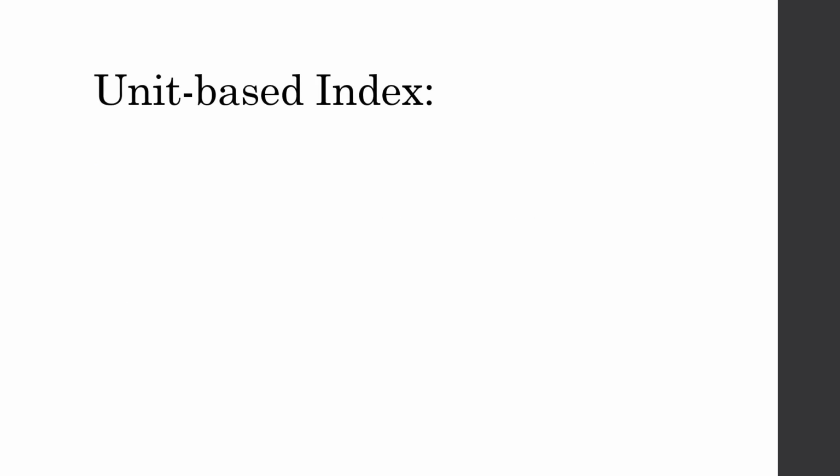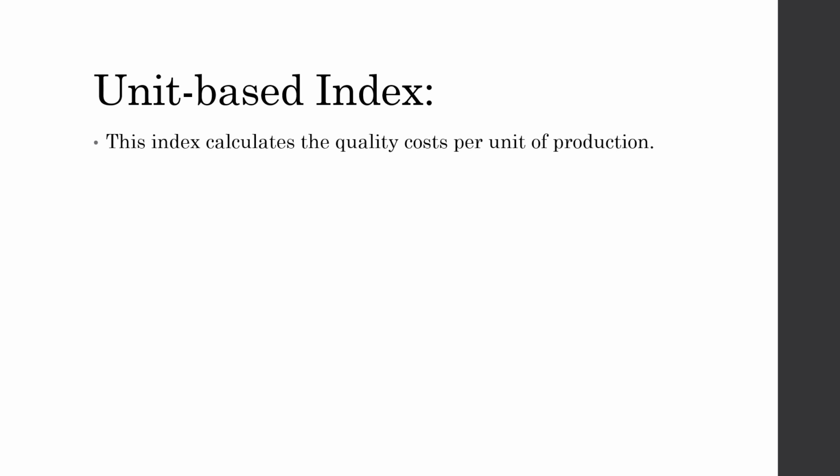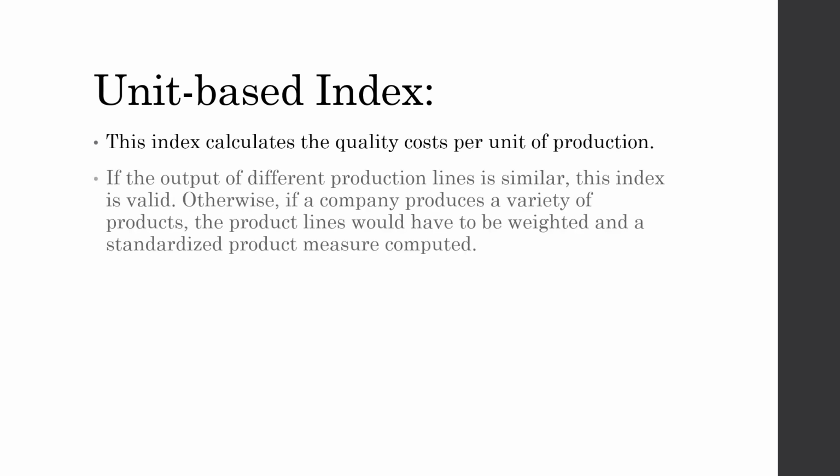Now we will look at the last index, which is the unit-based index. This index calculates the quality costs per unit of production. If the output of different production lines is similar, this index is valid. Otherwise, if a company produces a variety of products, the product lines would have to be weighted and a standardized